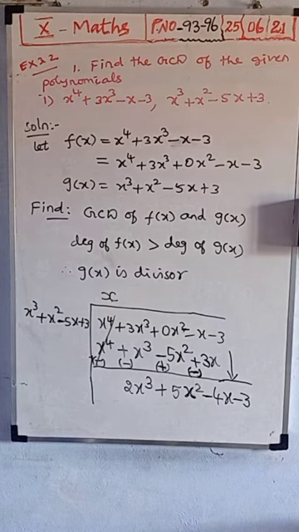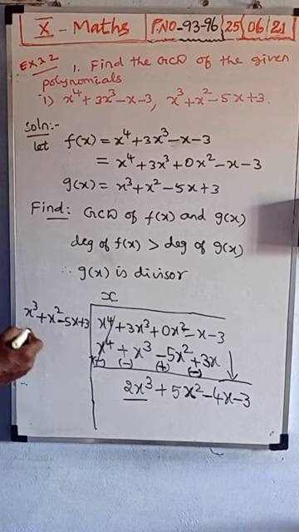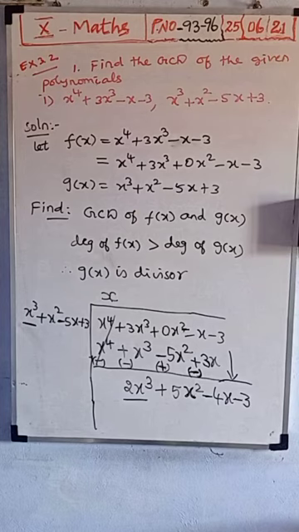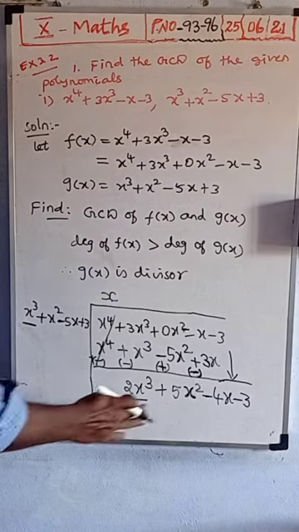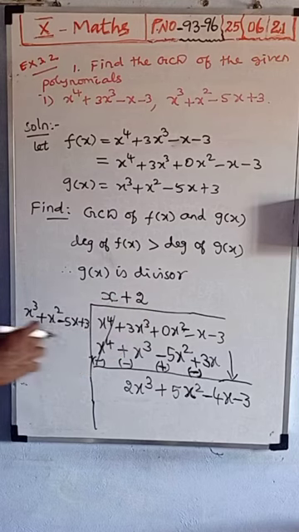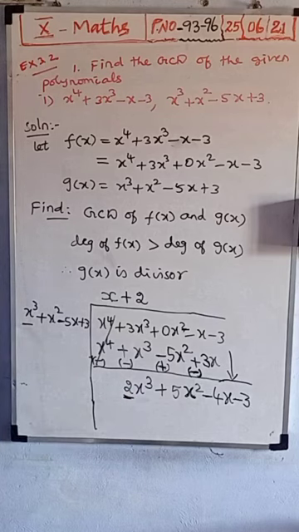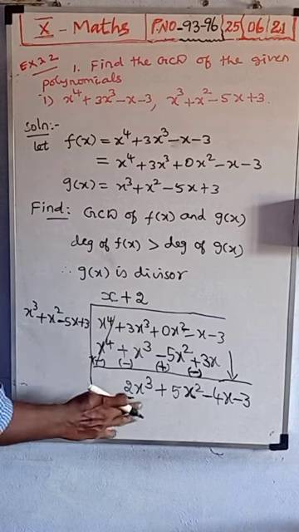Now next step, you see, the second step. Here the first term 2x cube is there, but here only x cube. Then x cube with which number should you multiply to get 2x cube? The number 2 only. Yes, then here plus 2. So you should take 2 and multiply with all the terms. Because the first term is 2x cube, here only 1x cube. So 1 you should multiply with 2 only, and we will get 2x cube. So that number 2 you should multiply: 2 into x cube, 2x cube.